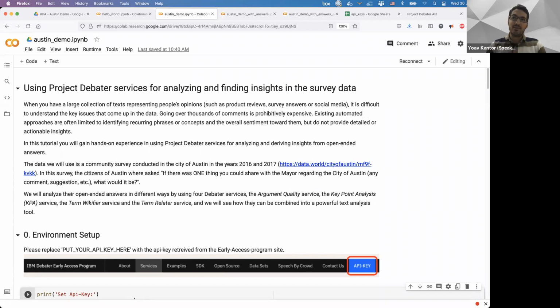Somebody asked what's a CURL? That's curl. That's a command in Linux where you can run a REST request from the command line. So you can also access the services by sending command lines using CURL.